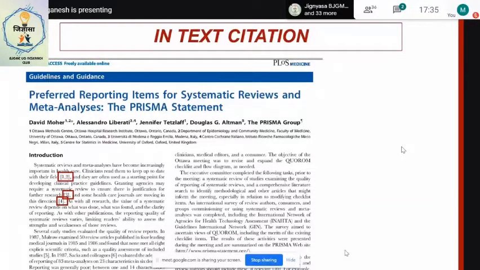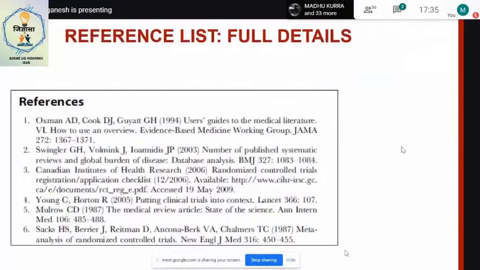Then again 2-3 sentences later, there's number 3, number 4. If you go to the end of the article, all their references are number-wise here. So whichever part a reader is reading, if they feel they want to know where they got this from, they'll come to the reference list, look at the number, and they'll keep that in their mind for further reading.